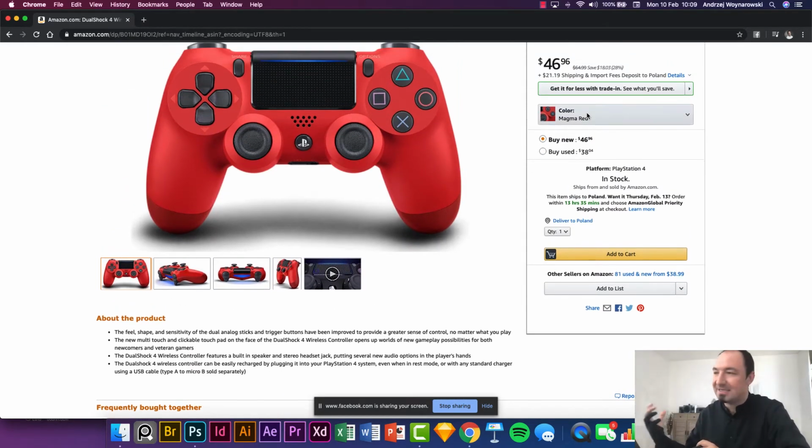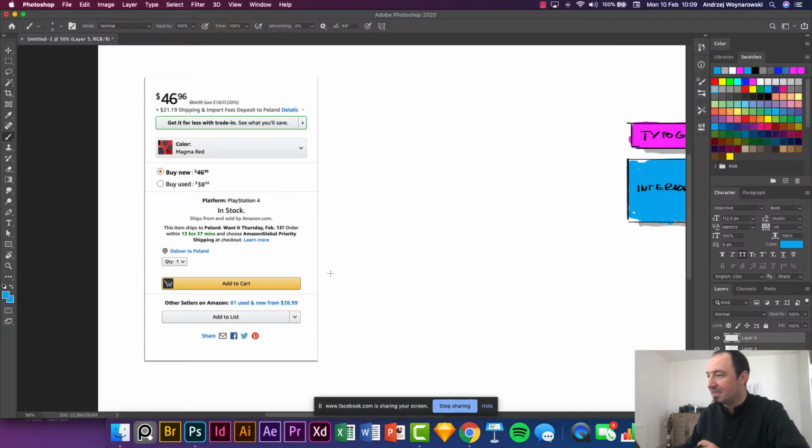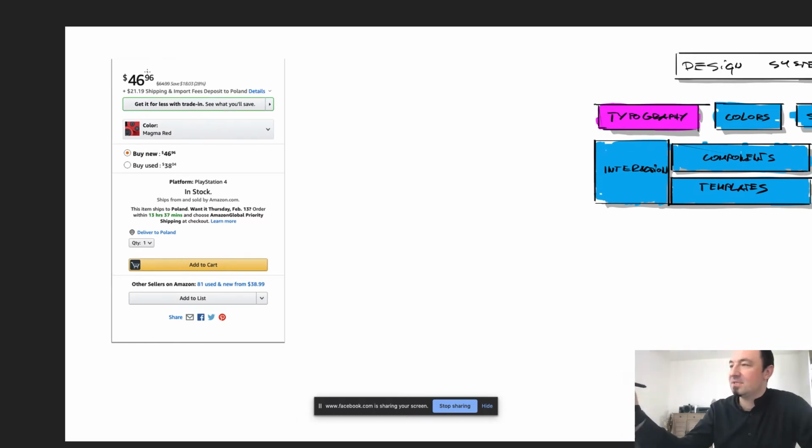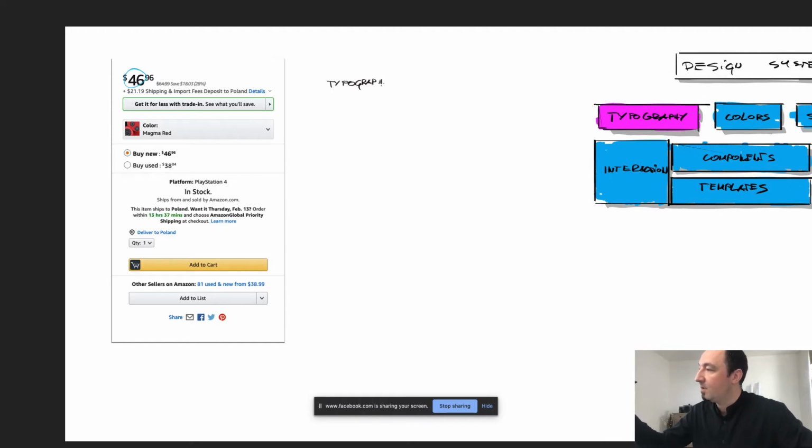So that's pretty intense and pretty important for the user to actually comprehend, and it should be designed properly and nicely. So going back to our example, as you can see, when it comes to the fonts that have been used in the specific system, when it comes to Amazon, I'm just going to write down fonts, or I'll actually use the term typography so we're on the same page. Typography, there you go. So we're looking at typography,